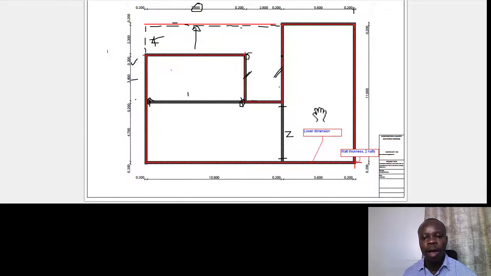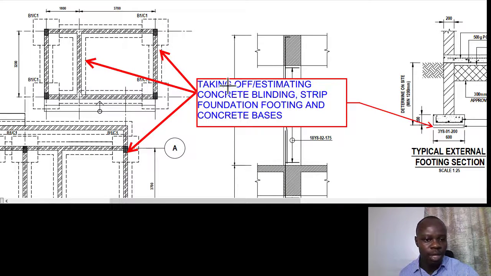The reason being, you won't be having your blinding going past the part where you started with the external trench, which means the external trench is going to have both sides,